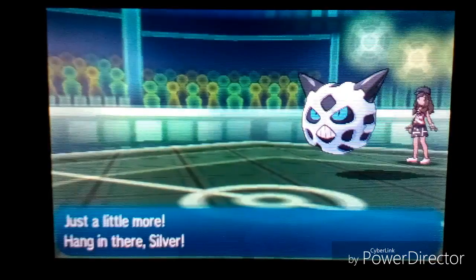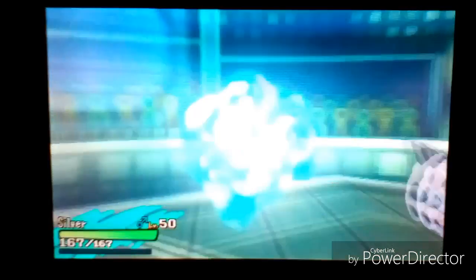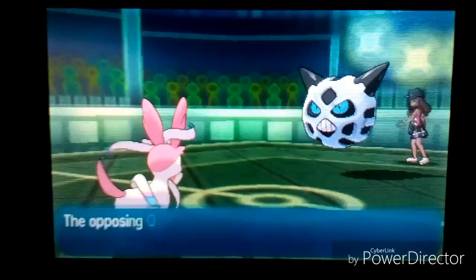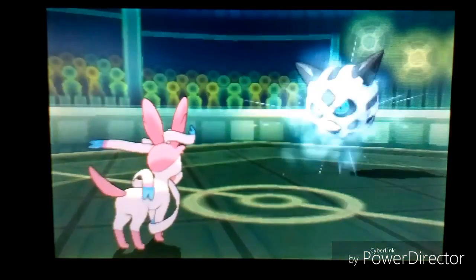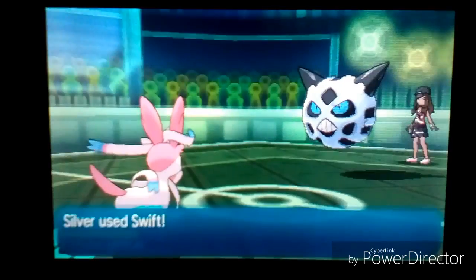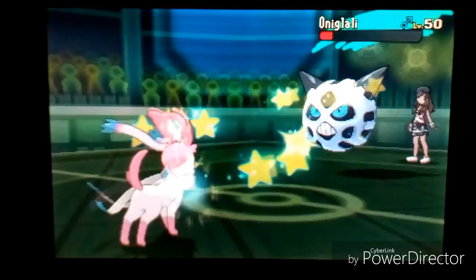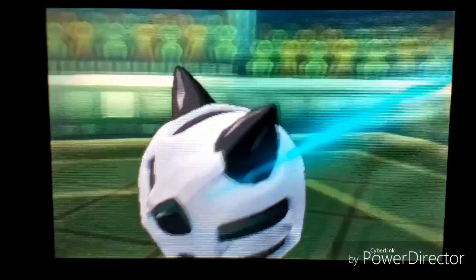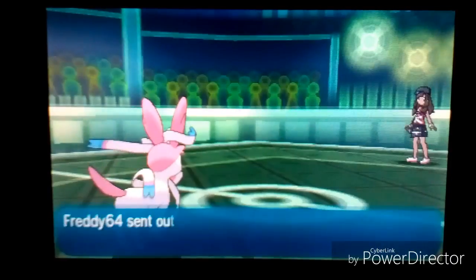And so here I decide to switch into my Silver, the Sylveon. This Sylveon is actually a Pixelate Sylveon. It holds the Pixie Plate. It knows Swift, Hyper Voice, Hidden Power Ground, and Moonblast. Here I go with a Swift,